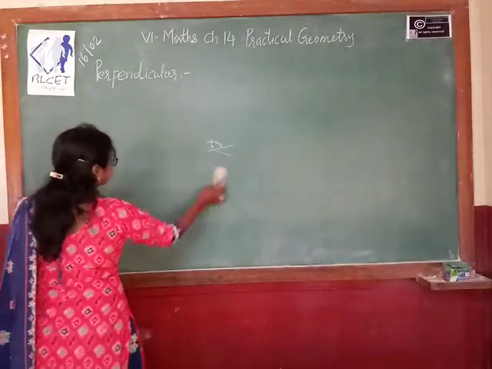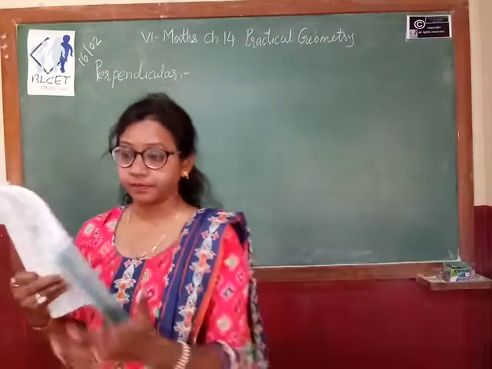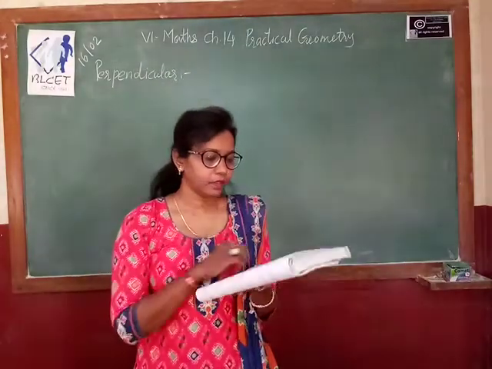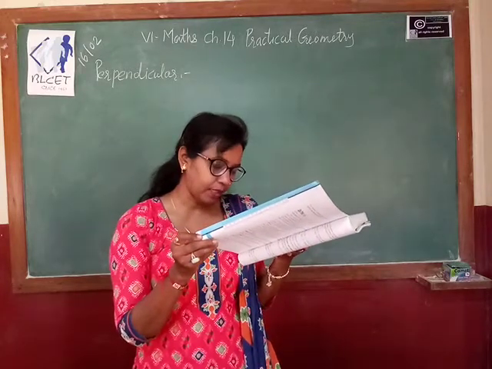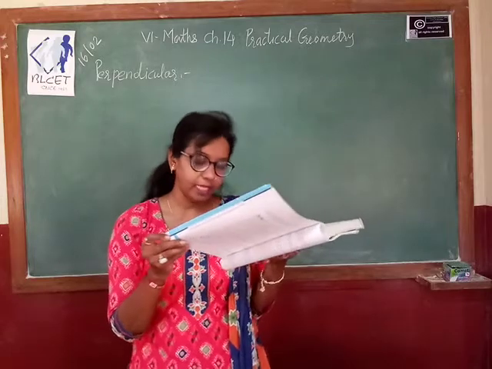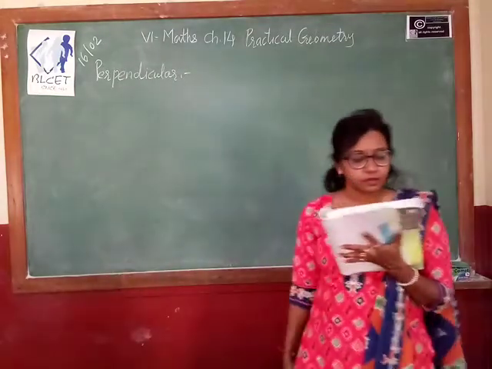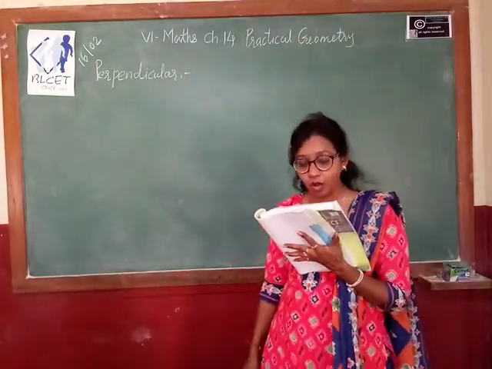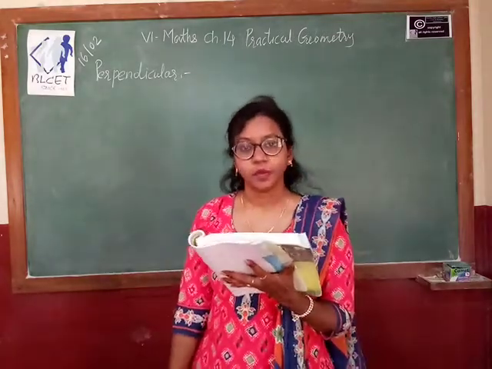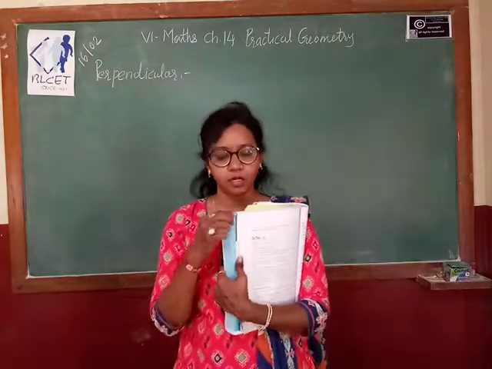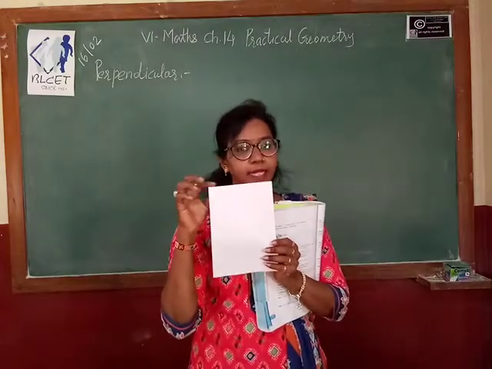Let's see what you have to do. See in your textbook. The corners. You know that 2 lines are said to be perpendicular if they intersect such that the angles formed between them are right angles. In the figure, the lines L and M are perpendicular, that we have already seen. Now the corners of a foolscap paper or your notebook indicate lines meeting at right angles. If you see, this is the corner of a page and it makes 90 degree.